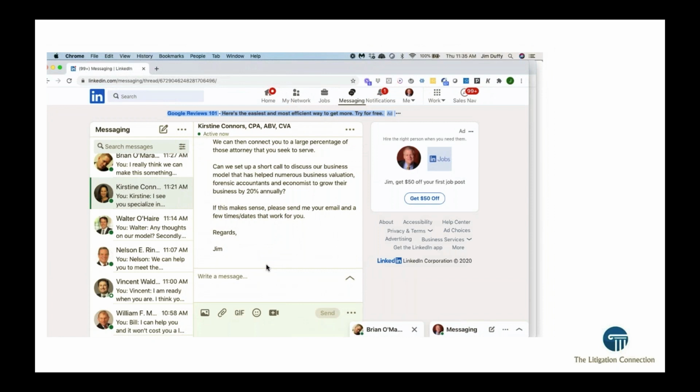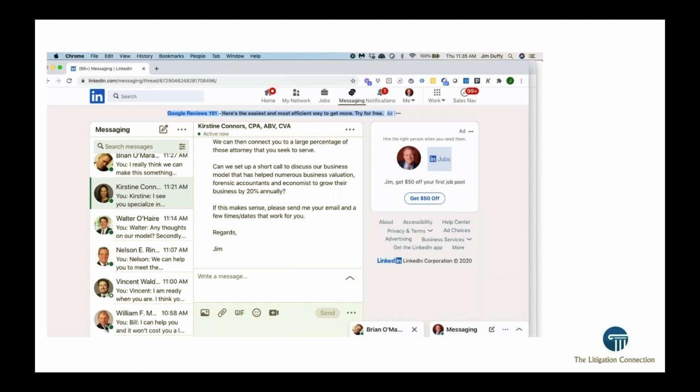So the next slide that we have here, you can see we also generate conversations on LinkedIn. One of the things that we do really well as a company is we focus on who is actually on the platform. So you see this little green button here? That green button means that that person is on LinkedIn at that particular time. And we've generated all these conversations just with people that are on the platform at that one time.